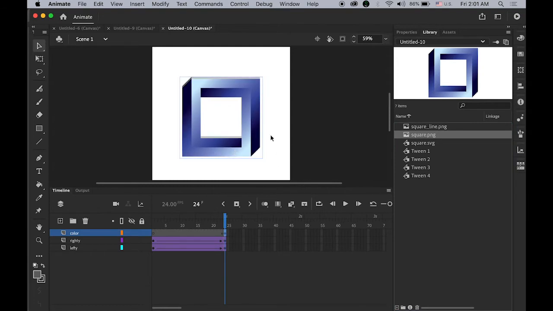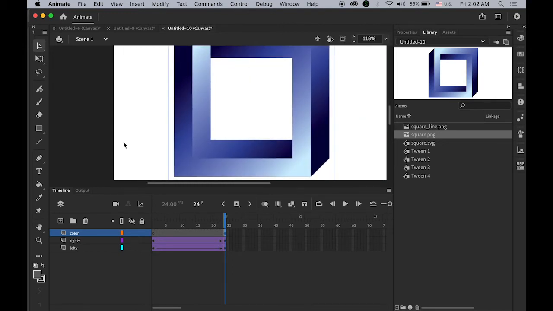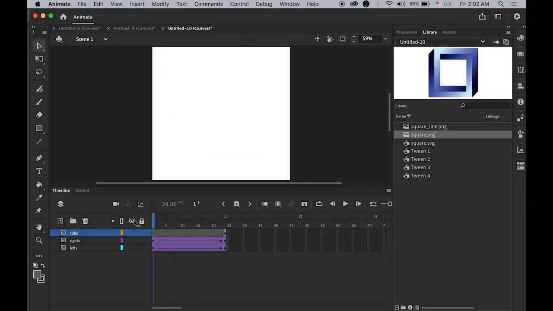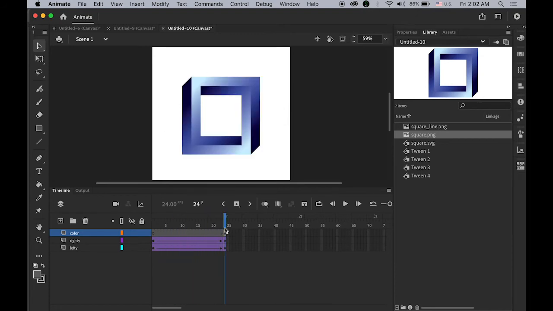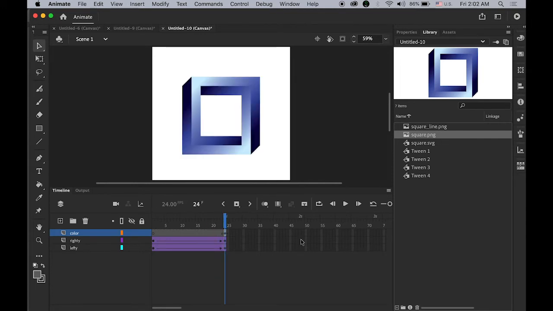I'm going to zoom in a little bit, and let me place it, overlap it right on top of it. Yep, it looks good, just like this. Okay, so the plan is the gray one will be fading out in the bottom, and this color one will be fading in. So highlight all frames on the 2 second mark on the top layer, and hold down the Shift key and click on the bottom layer's frame number 48, which is the 2 second mark, and insert